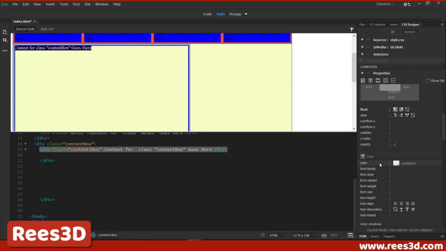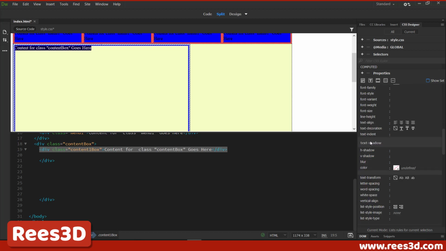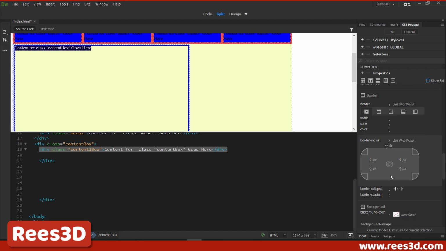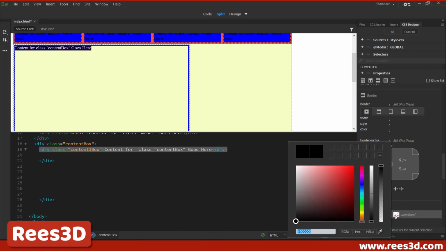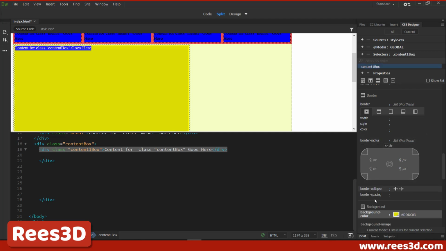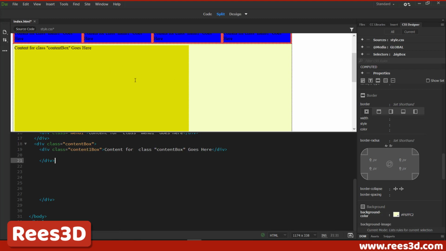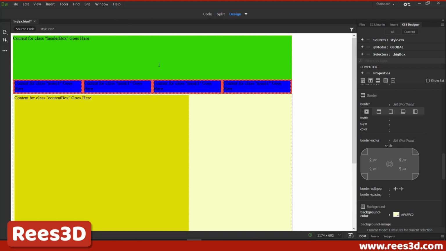There you will find text color, text shadow color. Let's find out the background color. There you go. So background color, I'm going to give something like that. Or how about some dark yellow? Okay, once that is done, you can see that that gets updated here. Easy. So if I go back to my design view, I have got my header, I have got my menu items, and I have my content